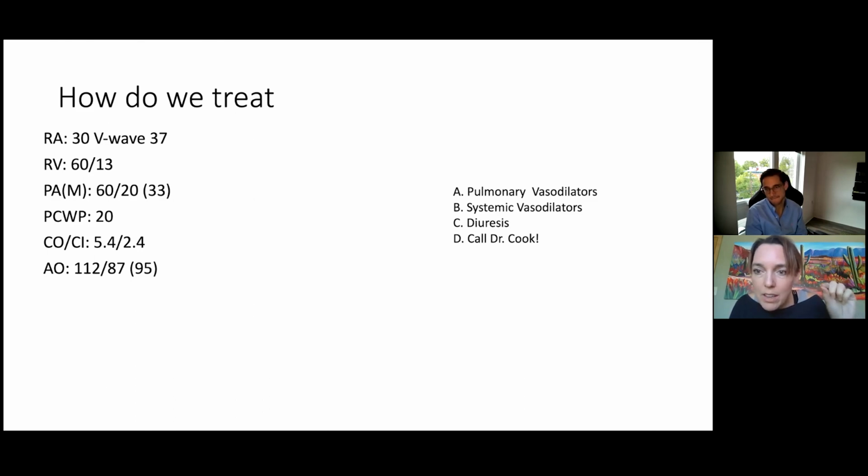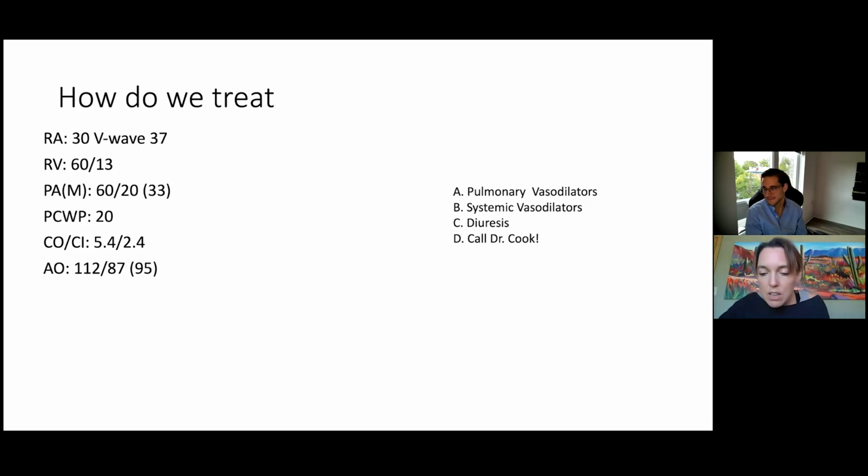This is somebody who has a right arterial pressure that's uncoupled from the left-sided pressures because of the complicated hemodynamics of the elevated transpulmonary gradient and decreased contractility of the right ventricle. And so don't be fooled. And actually, sometimes,